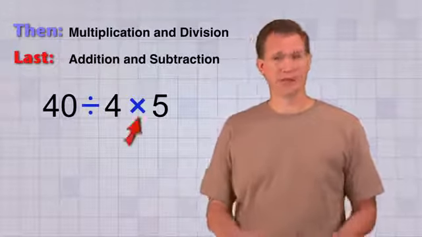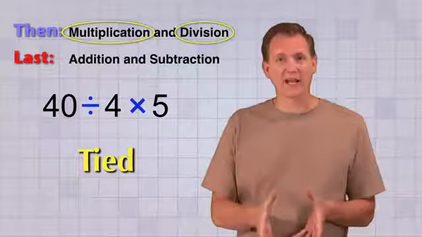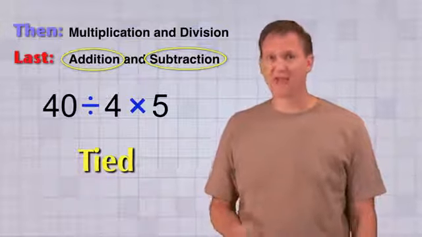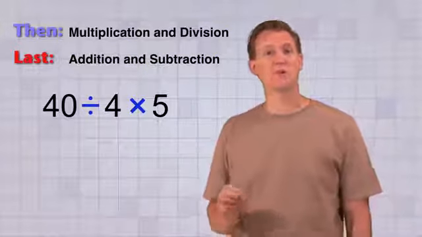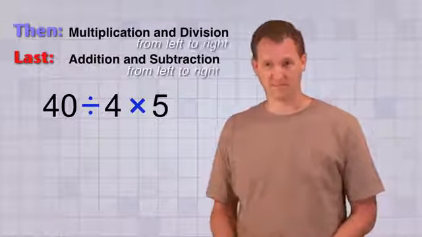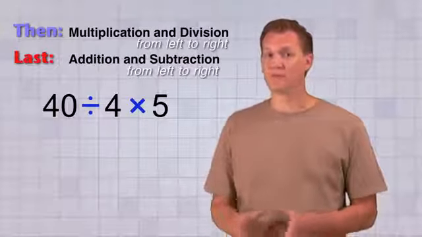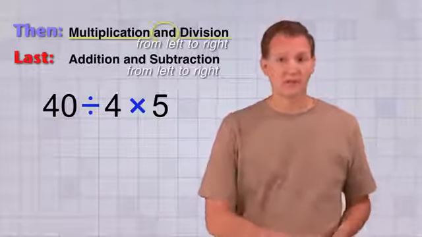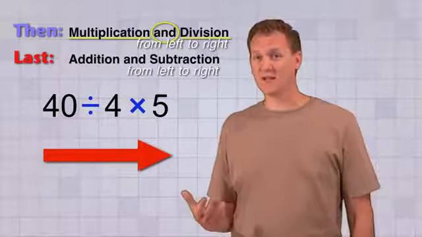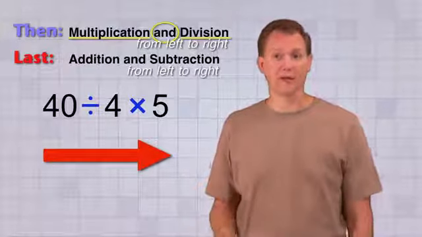Well, that's because multiplication and division are tied for priority or importance. So are addition and subtraction. And that's the reason we need an extra part at the end of each of these rules that says from left to right. If you have a problem that has both multiplication and division, then you're supposed to work it from left to right. That's because in some cases, you can get a different answer if you go from right